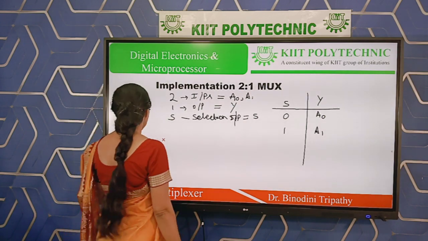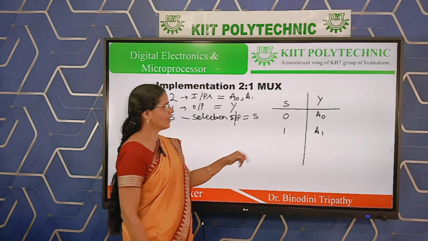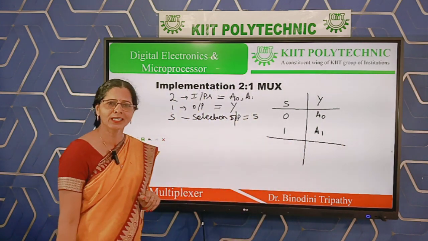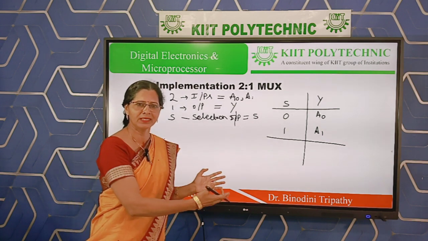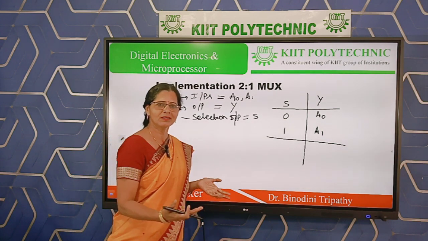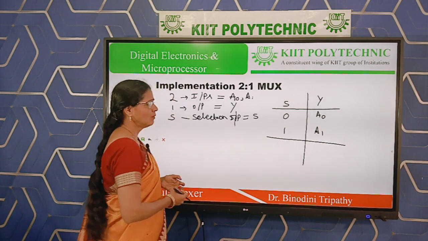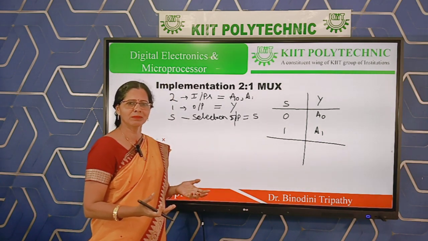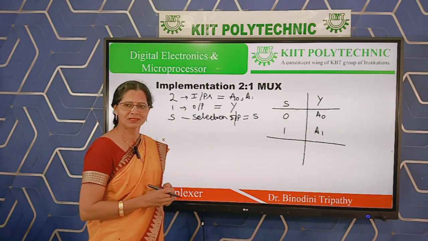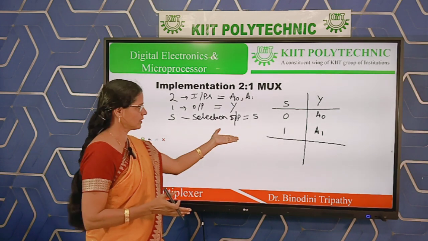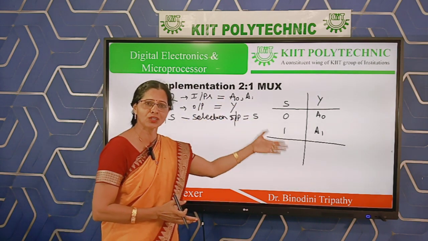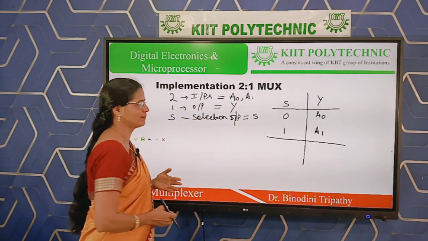Next, after the truth table, you have to write the Boolean expression. This is the way we implement any circuit without repeated study or memorization. For any long question in an exam, is it required to remember one or two pages by repeated study? Not required. This is the fundamental process. If you can understand 2:1, you can implement the other three yourself.